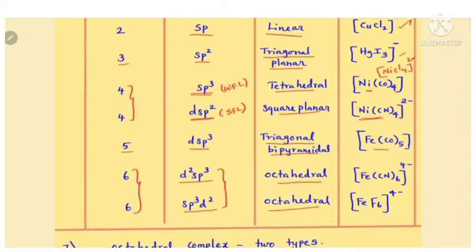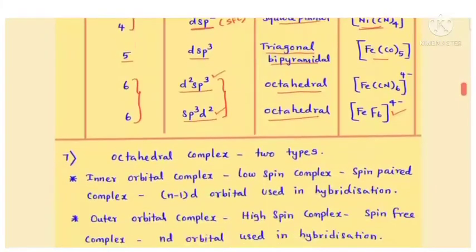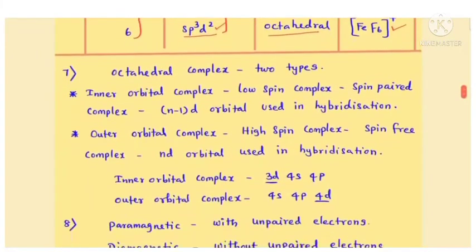Okay, right. And [Fe(CN)6]4- is an example for d2sp3 hybridization. Then [FeF6]4- is for sp3d2 hybridization. So this is nothing but a list of complexes with different coordination numbers and their hybridization, followed by their geometry. Okay, right. The next postulate,